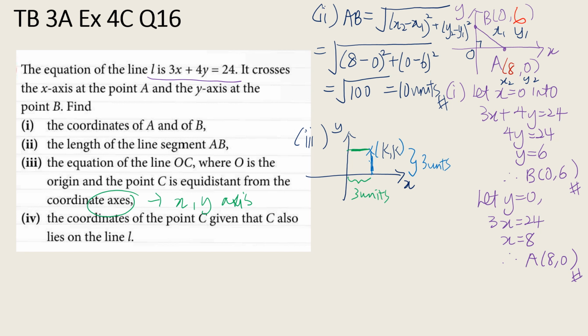So in other words, let me draw it properly. I have a point C here where the x coordinate is k, y coordinate is k also. And this point here is the origin. So I need to find the equation of the line OC. Let's start off by finding the gradient. The gradient will be easy, right? Your origin is 0, 0. So we can label this as x1, y1, and this as x2, y2. So the formula to find gradient